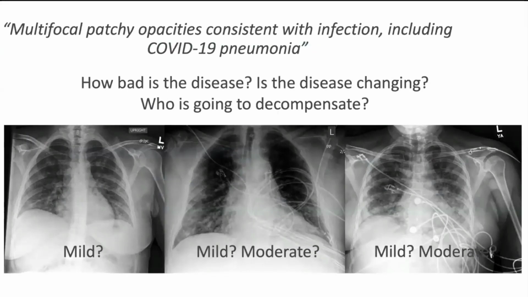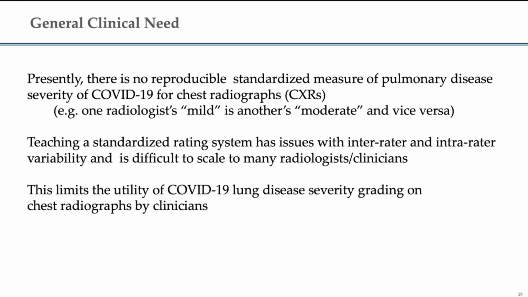So thinking about how we might do similar things, COVID was obviously a big issue and continues to be a big issue for us. And so an area of interest was, looking at the chest x-rays, can we come up with a nice severity scale rating? This might allow us to figure out who's going to get worse, who's decompensating, is this person improving, responding, and so on. So this was a generalized need.